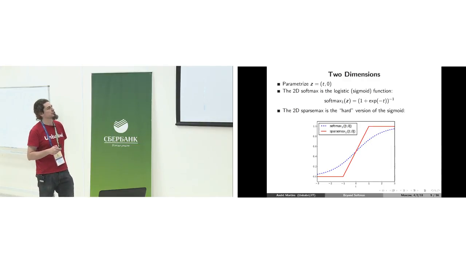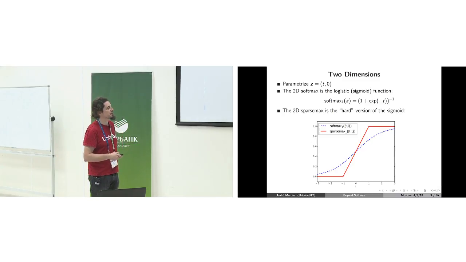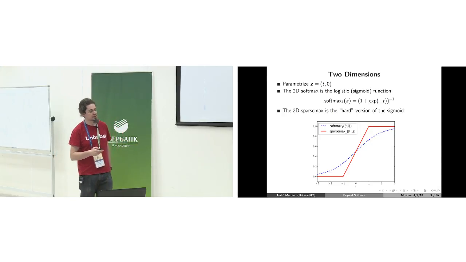Okay, so if you just plot the first coordinate of softmax when z is parameterized this way, as a function of t, we get this sigmoid. This is a logistic function, a very well-known fact. In the case of Sparsemax, we get something that asymptotically is similar, but it's piecewise linear. So it's kind of a hard version of the sigmoid. It's going to be 0 if z is less than -1, 1 if z is bigger than 1, and linear in the middle. So it's still continuous, and differentiable almost everywhere except at -1 and 1. And the asymptotics are pretty much the same as in the case of softmax.